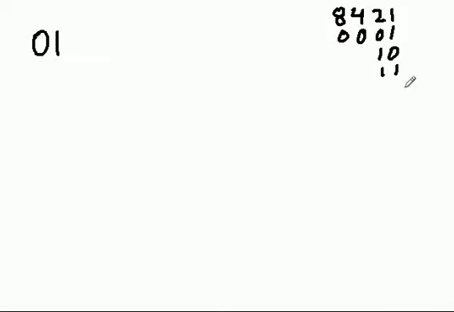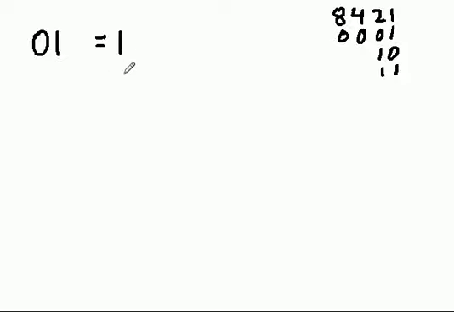Let's do some digital subtraction. First thing I'll do is start off with the number 1. 0, 1. And remember, we're using this kind of a placement system, 4, 2, 1, and this would be 1, this would be 2, this would be 3, etc. Keep this simple. 0, 1 in binary is equal to 1